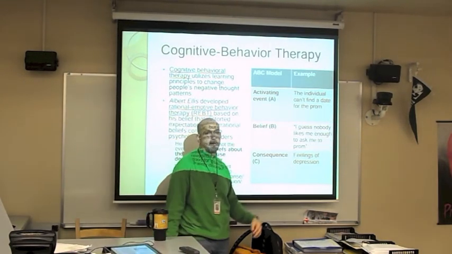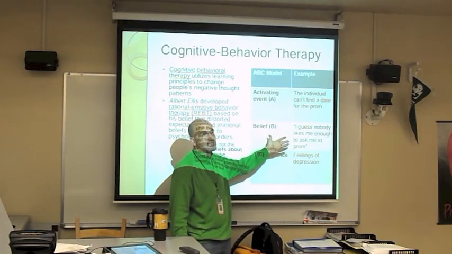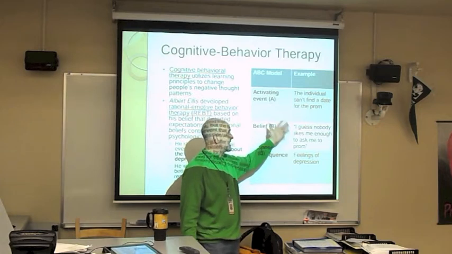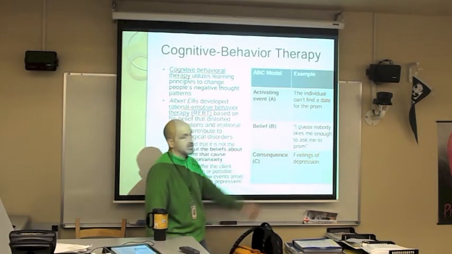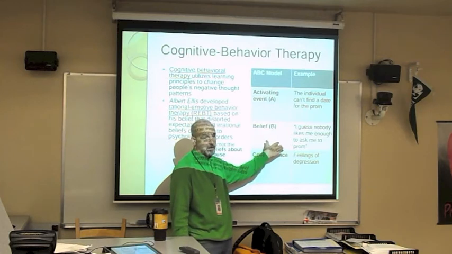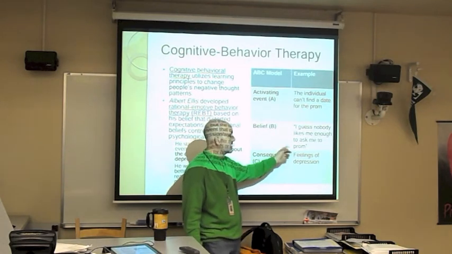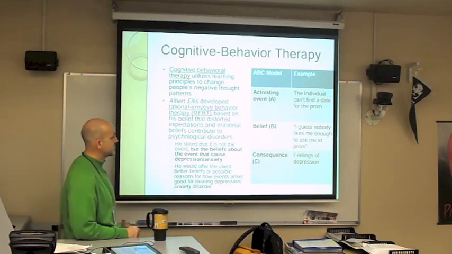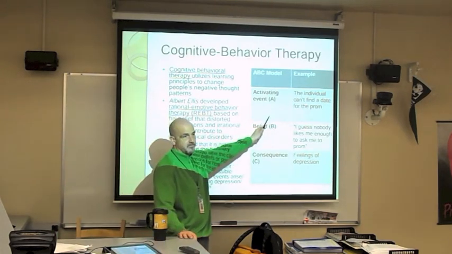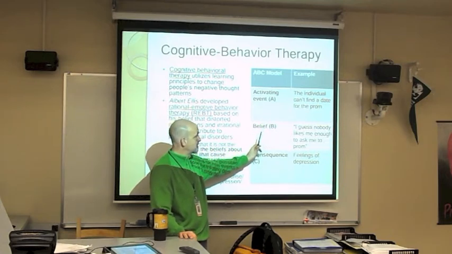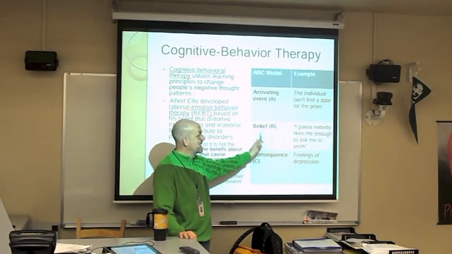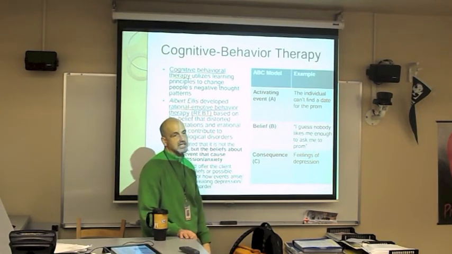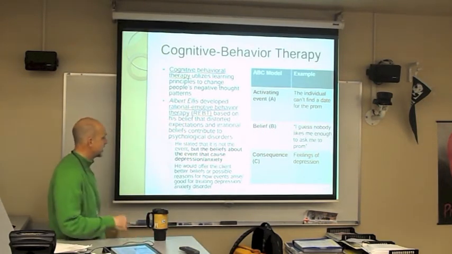Some people might not go to prom because, for example, their belief is everyone must think I still have a girlfriend. That's why nobody asked me. That's more of a positive belief. This negative belief would be a pessimistic one. Remember pessimistic, they attack their personality. That's what's responsible for depression. So what REBT therapy aims to do, they can't change the event. They can't find you a date to prom. What they're going to do is change your negative beliefs. Once they change the negative beliefs and you are more productive, that will lead to a different consequence rather than depression.